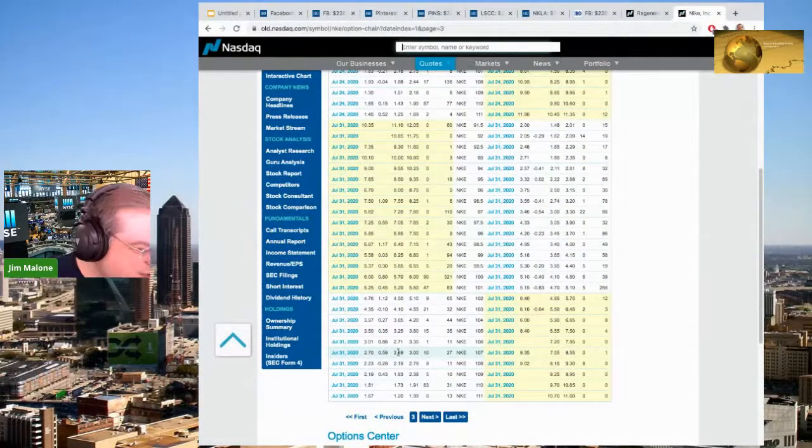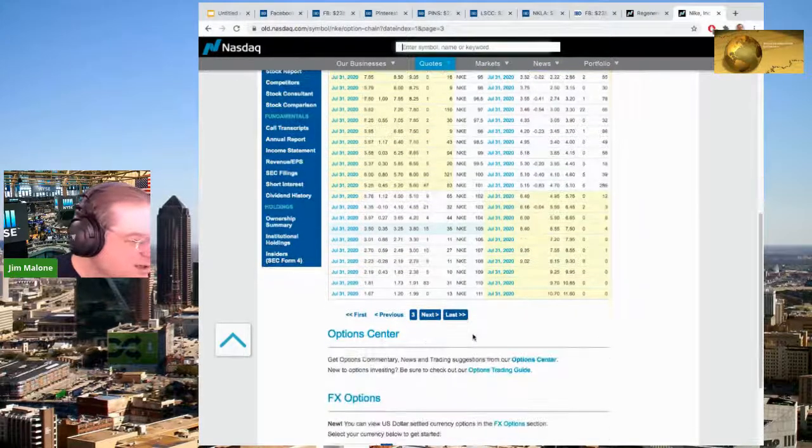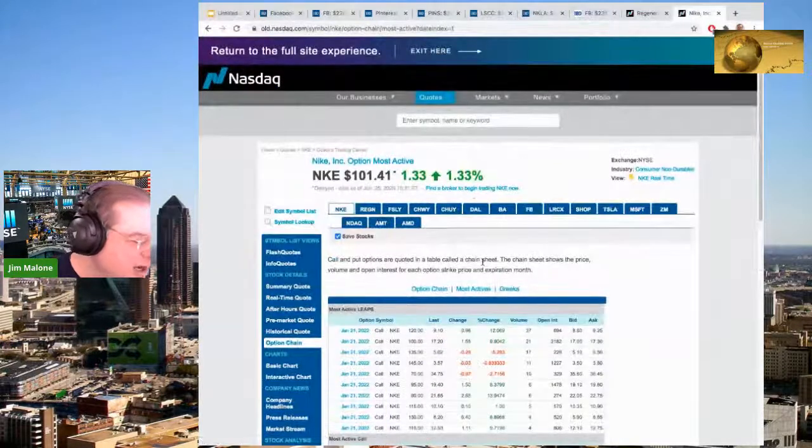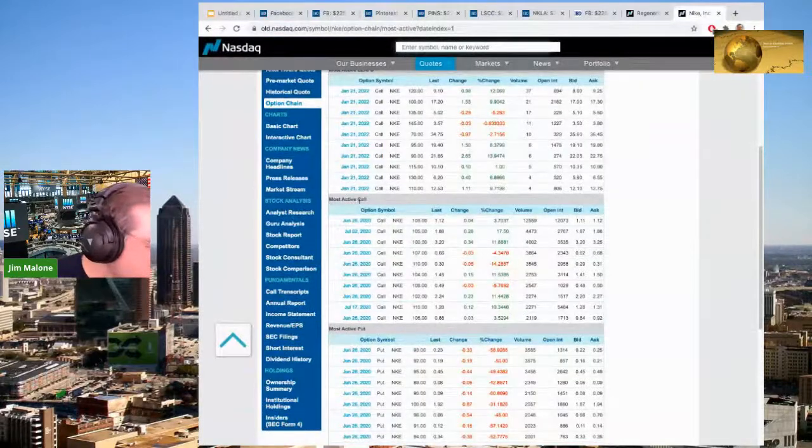Okay, so here we go. Which ones do I like? You know what? I actually like this 191 strike on the July 31st contract. I think that's a good one. But let me just look at the most actives. This is a way I can kind of judge who's buying what. But yeah, okay, it's the 130. Okay, no, it's okay. Let's see if I can give you the